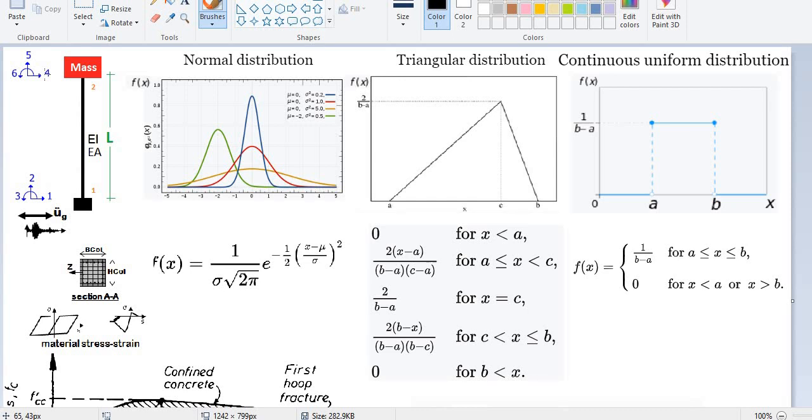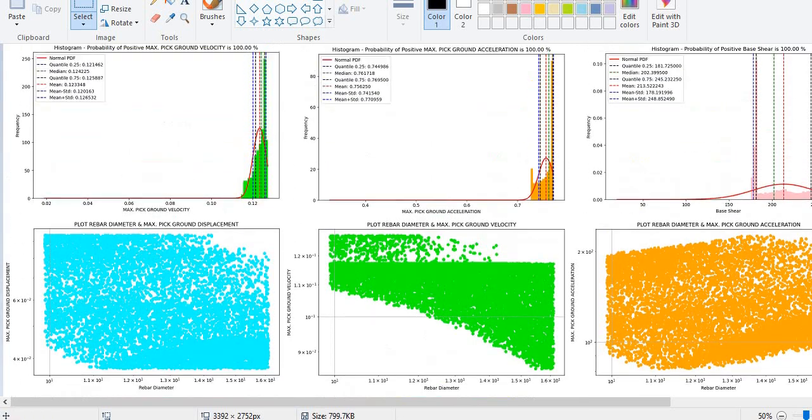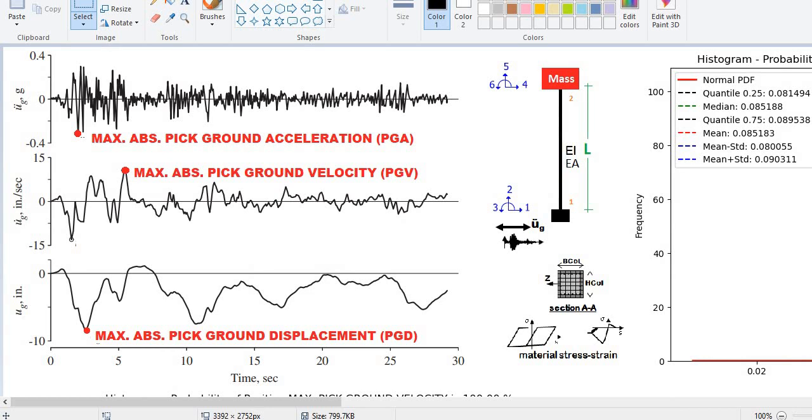So we are going to do 20,000 nonlinear dynamic analyses and then output the peak ground acceleration, peak ground displacement, peak ground velocity, and base shear of this analysis, and also the random uniform distribution rebar diameters, and then try to plot them and find the best fitted sensitivity analysis. So if we run the analysis, at the end you see we have this result. We did the analysis with 20,000 nonlinear dynamic analyses and then found these values, and